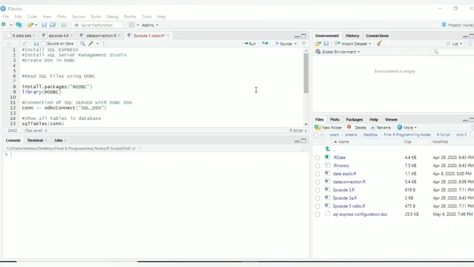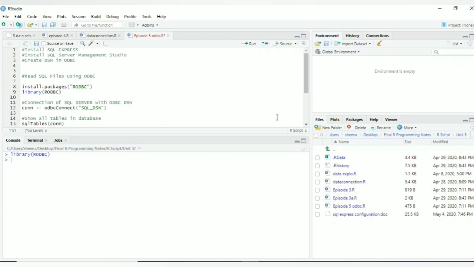After creating my DSN, I will come to my R Studio. To connect your SQL using ODBC in R Studio, you have to use the library RODBC. I will run this code, library RODBC.